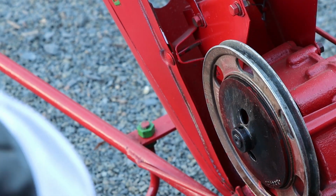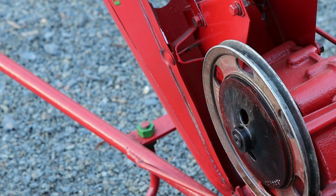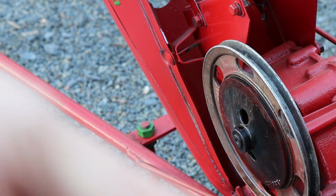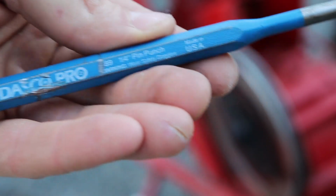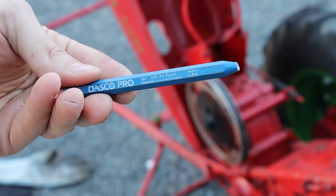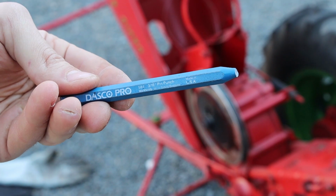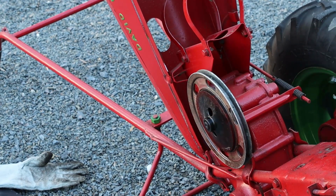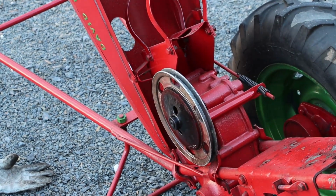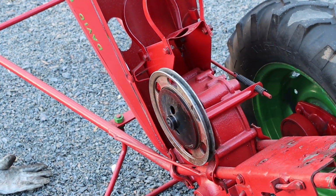I ended up using a 1/4-inch pin punch. I don't know how long I've had this one. 1/4 inch, but the 1/4 inch got stuck. So we ended up using this 3/16 punch that really worked. Broke the tip off it, but we got it driven out there. So now we are good to remove this pulley assembly, keep the shaft from the transmission,